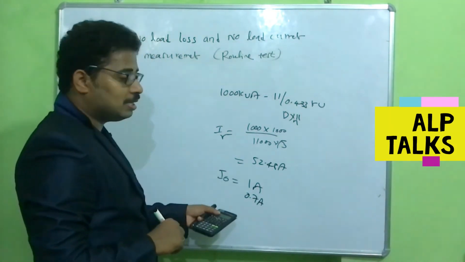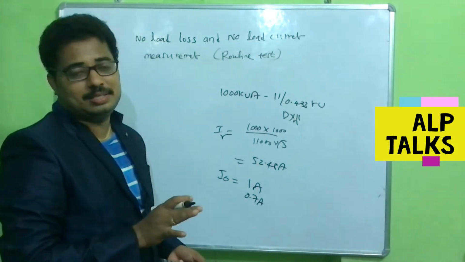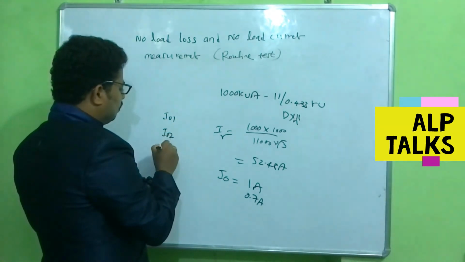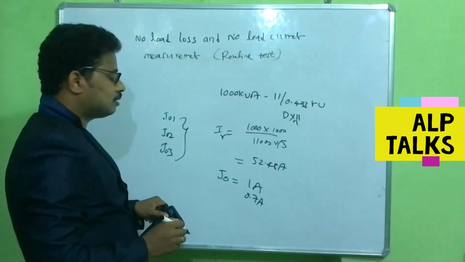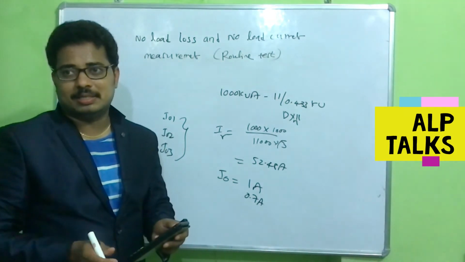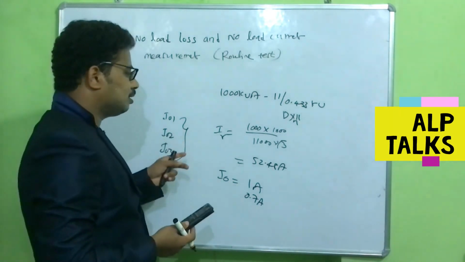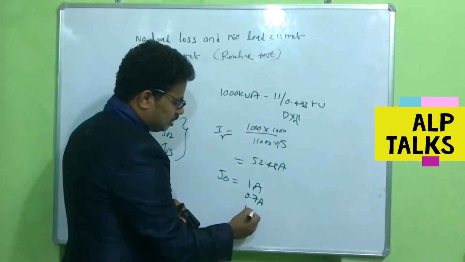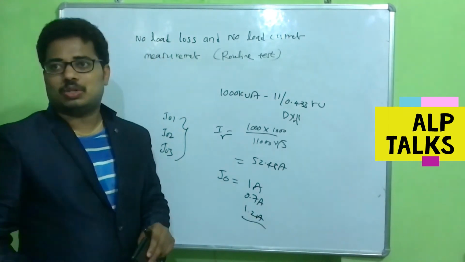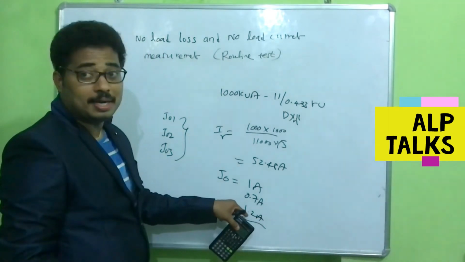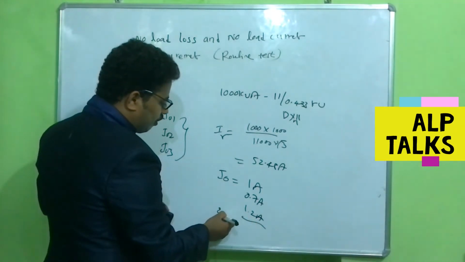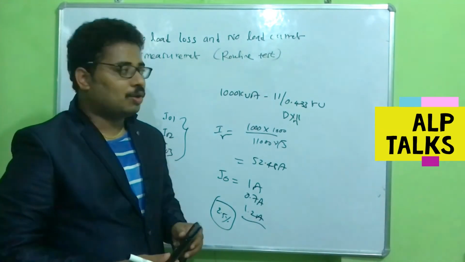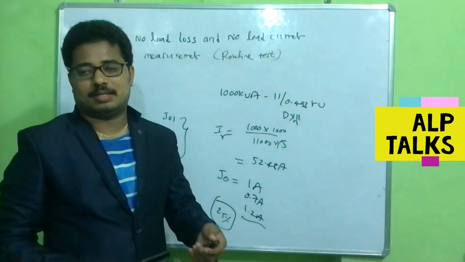But while measuring this no load current, you should not take the average. Say you have 3 meters, right? I01, I02, I03. You have 3 different ammeters. 3 different meters may give different readings, but for measuring this no load current, you should not take average. You should take only the maximum reading. For example, another one may be 1.2 ampere. So the no load current for this transformer is 1.2. It means it is of around 2.5% like that. So like this, you have to calculate. You have to give the results to the customer.